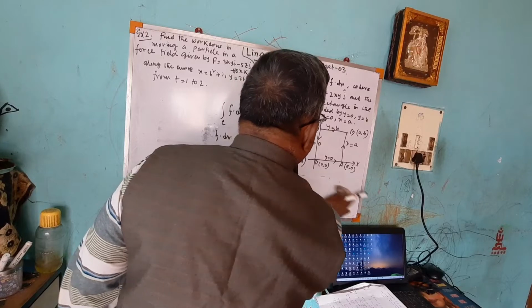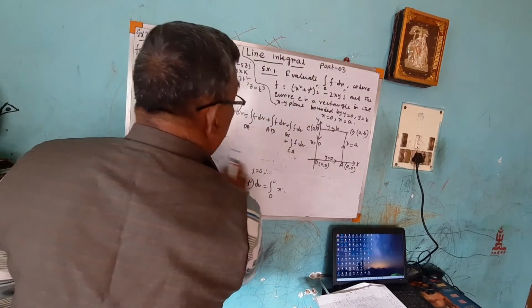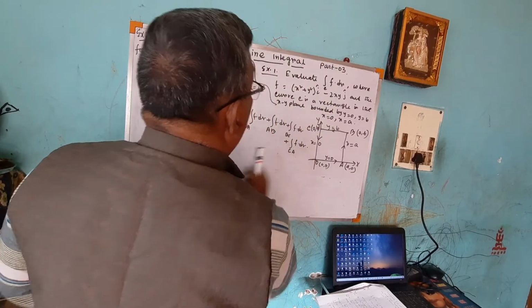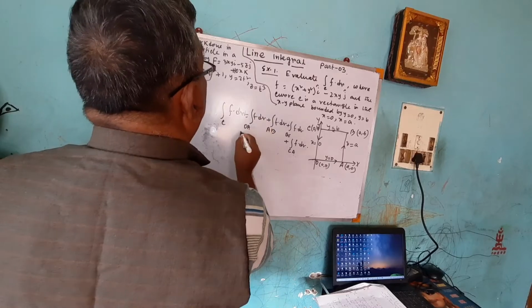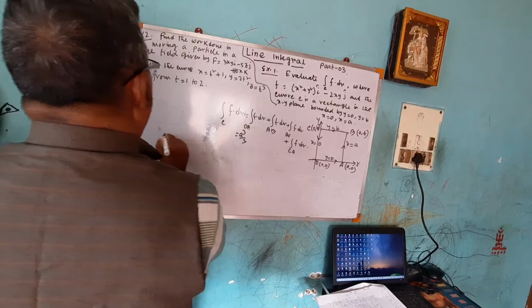So I am just removing this part. Along OA, a cube by 3. I am just putting along OA, this value is a cube by 3. Okay. Now along